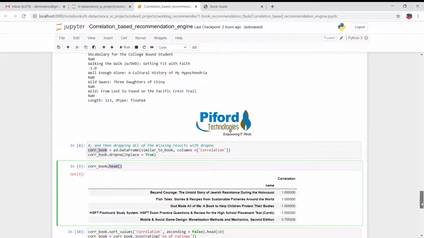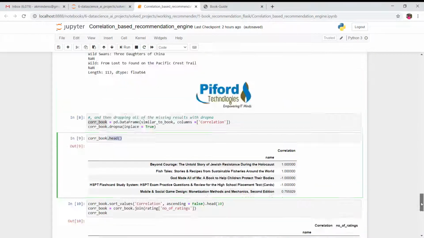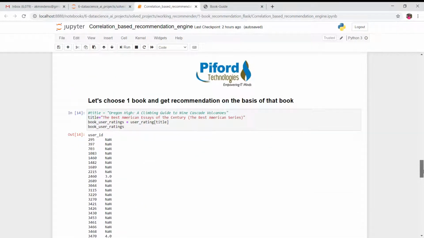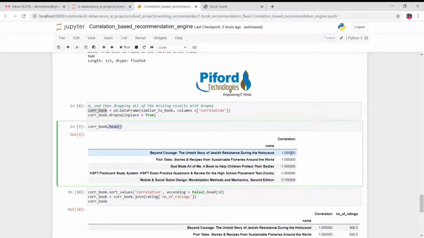So now this is showing us the correlation values. These are the correlation values for these books. So the book which we have in the title variable, The Best American Essays of the Century, has this much correlation with these books.